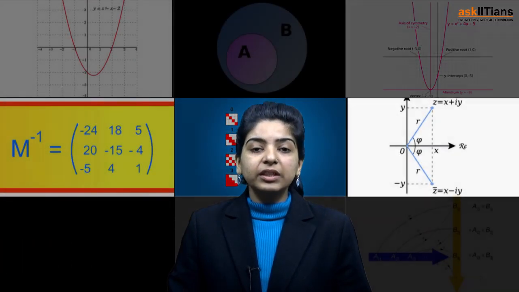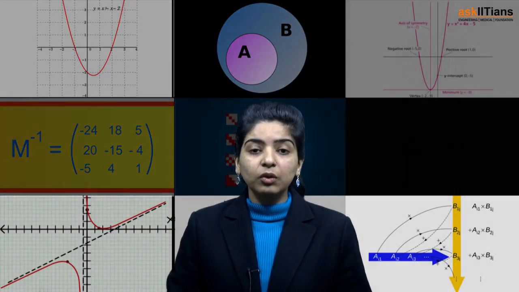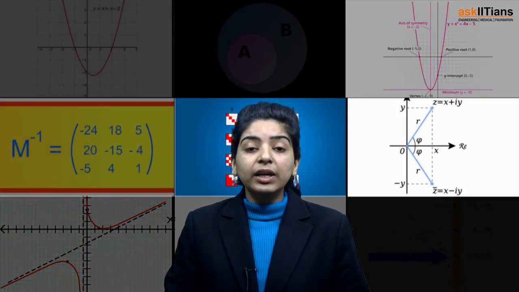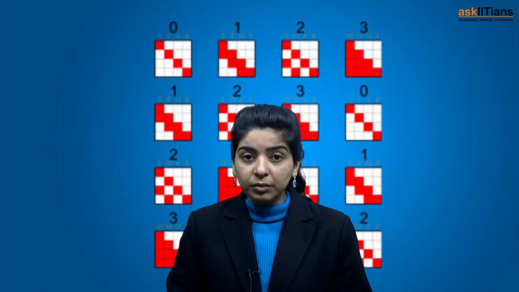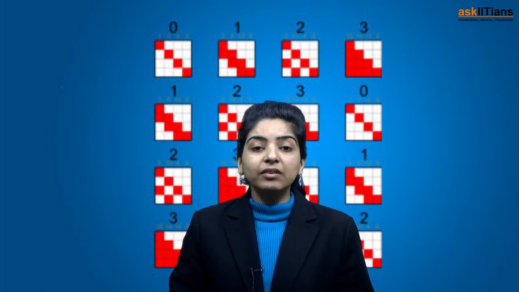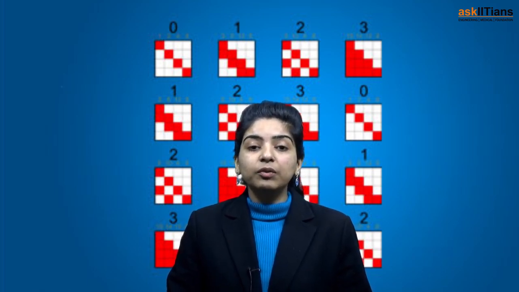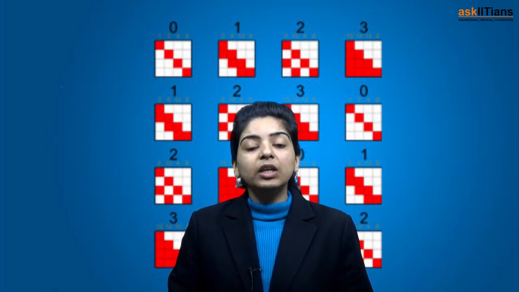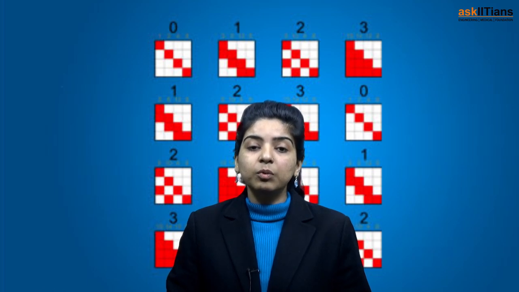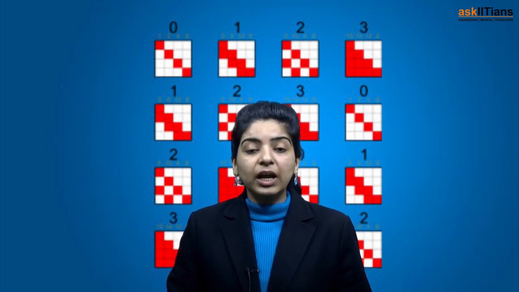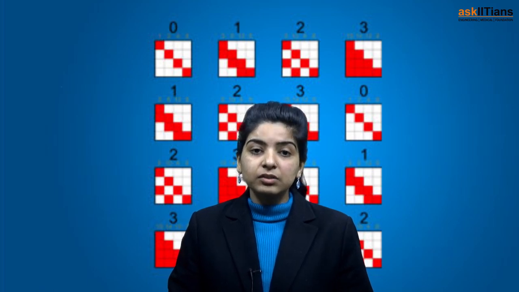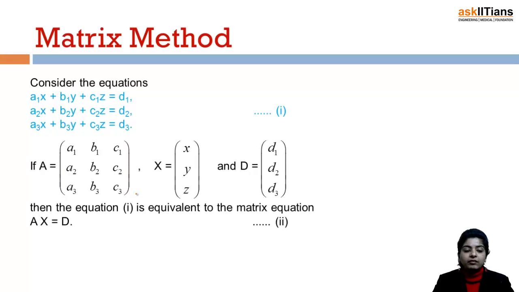Now we'll be discussing the next method, that is the matrix method of solving a system of equations. You'll get to know the various conditions, like if you have a singular matrix or a non-singular matrix and it satisfies certain conditions, like adjoint of A into D is 0, or adjoint of A into D is non-zero, then what happens to the solution of the system of equations. Once we are done with this, we will be switching to the next topic, that is the concept of augmented matrix. So keep watching. Okay, so now we have the next method, that is the matrix method.